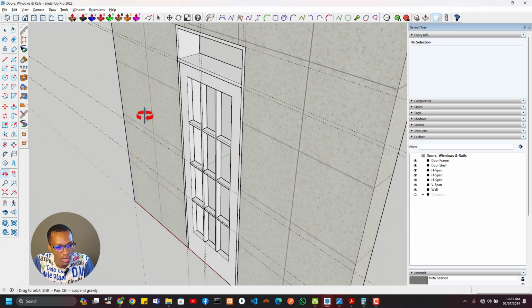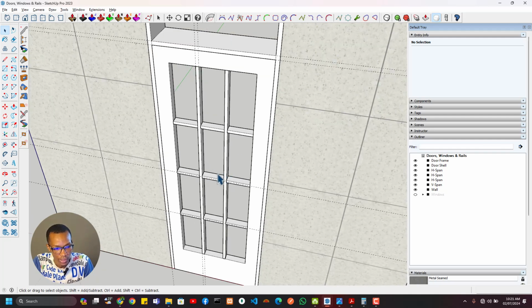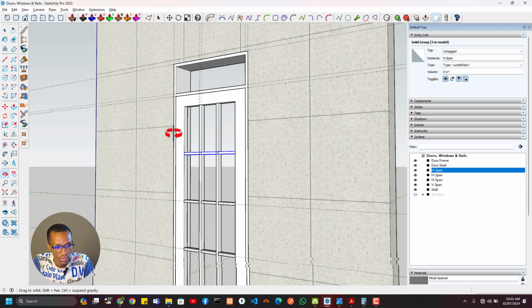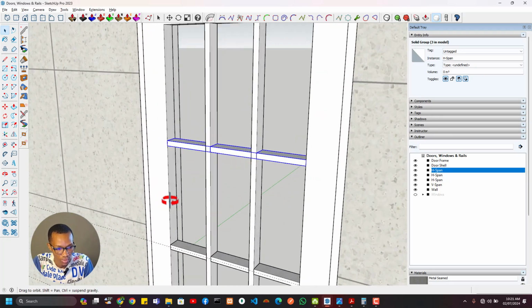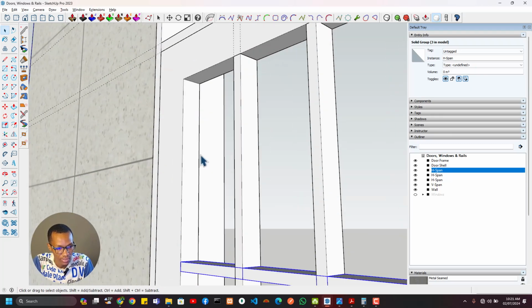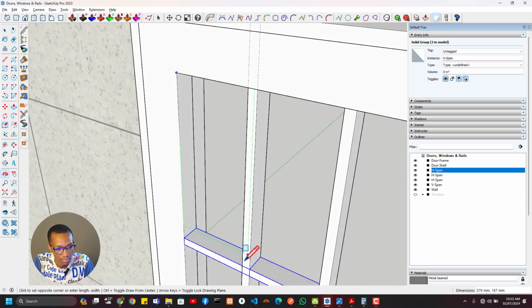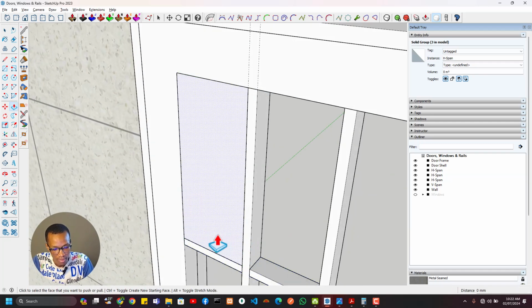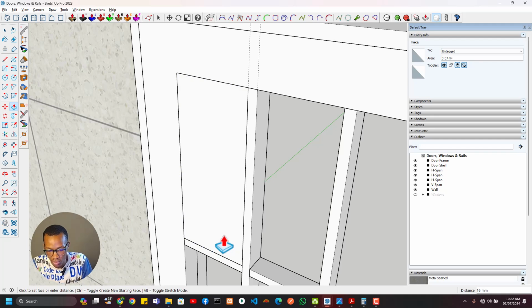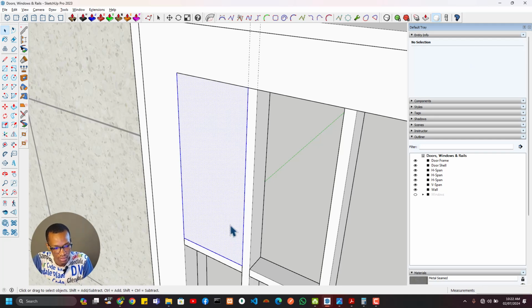So you can see how we already fleshed out the door really quickly. All right. So modeling gets really easy as you go. So it's not so difficult, right? So what's left now is the glass panels in between. So I'll just go ahead and make the first one. Remember, push pull 5 tick, and I'll group that. I'll call that glass,